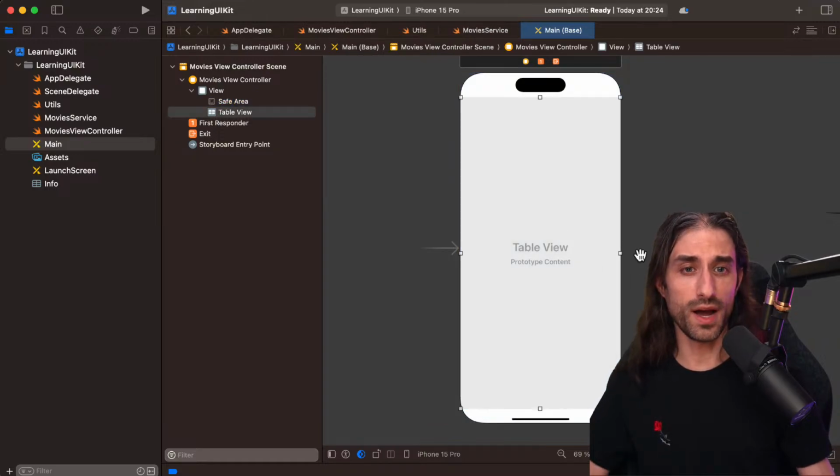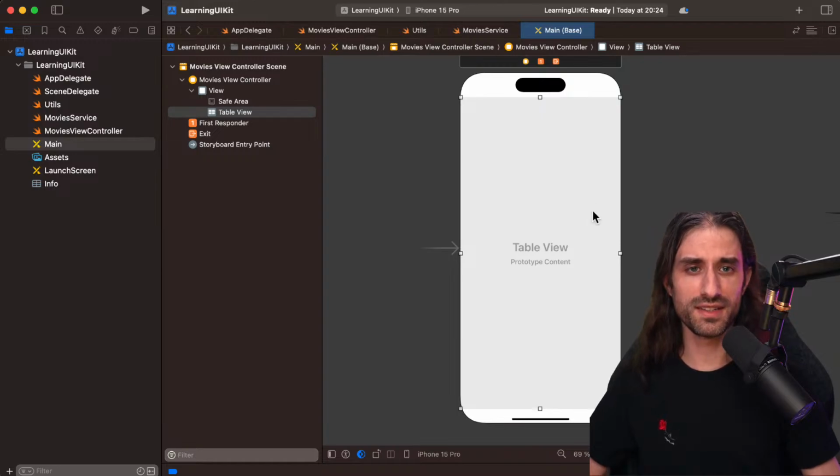And then I need to add something that's called constraints. Constraints can be one of the things that can be scary when you use UIKit for the first time, because we don't have this logic of constraints in SwiftUI. SwiftUI has the idea that every view is displayed from the center of the screen, and then you add padding, you add spacers, and there is no notion of constraint. UIKit is different.